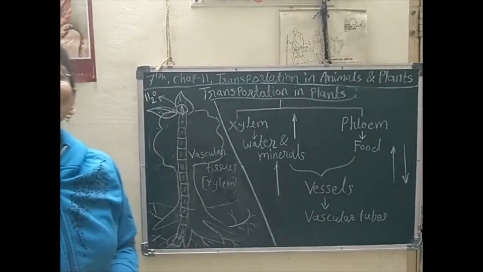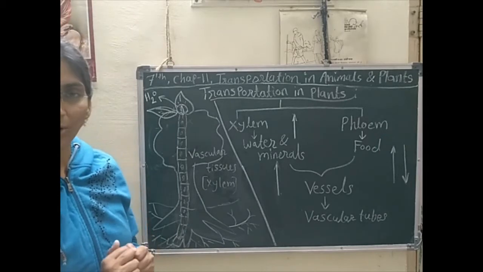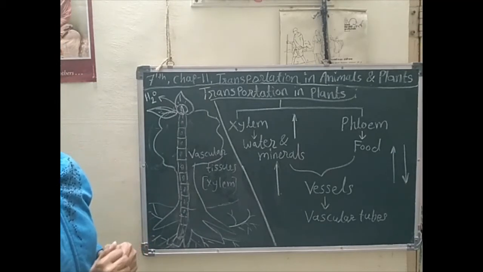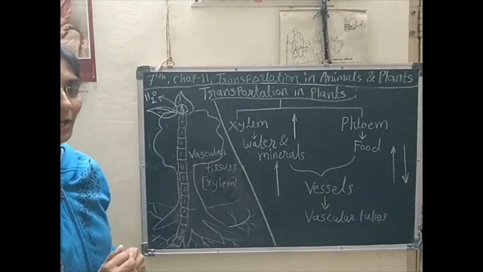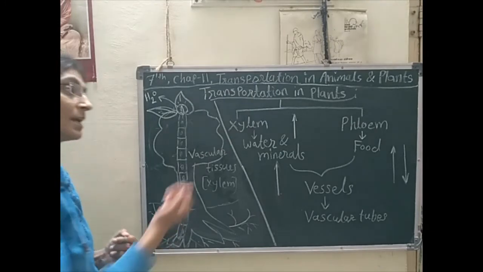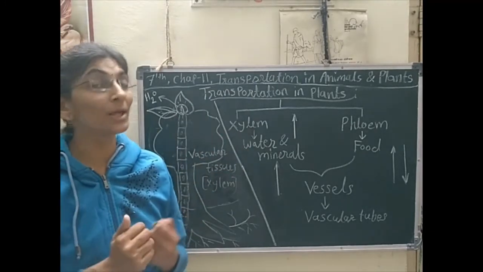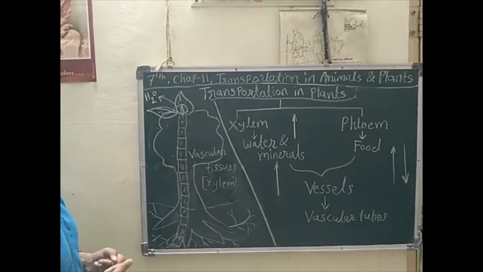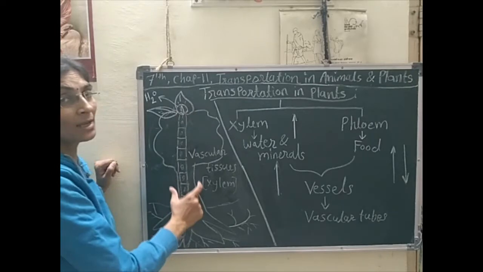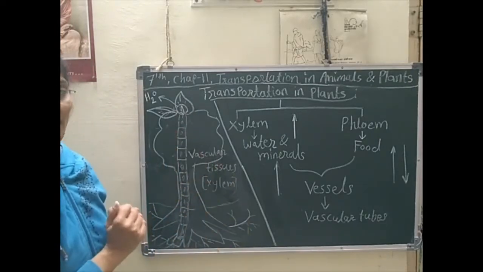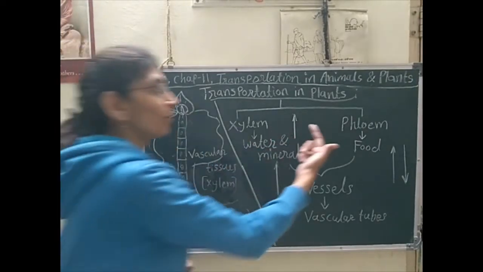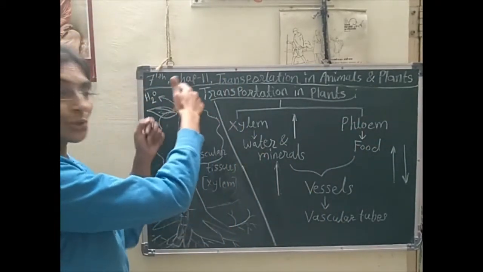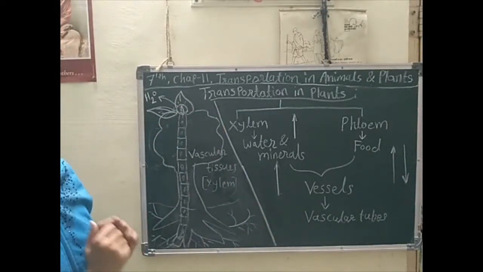Yes, and that food is stored in the form of glucose, and this glucose should get transported for the फॉर्मेशन ऑफ एनर्जी. एनर्जी तो चाहिए. ये एनर्जी कहां से मिलेगी? फूड से, बिकॉज वी नो दैट फूड इज द सोर्स ऑफ एनर्जी एवरीवेयर इन एवरी लिविंग ऑर्गेनिज्म. सो दैट ये फूड एक जगह से हर एक सेल में जाना चाहिए, ग्लूकोज. सो दैट फ्लोएम वर्क फॉर द ट्रांसपोर्टेशन ऑफ फूड फ्रॉम लीव्स टू अनदर body part.